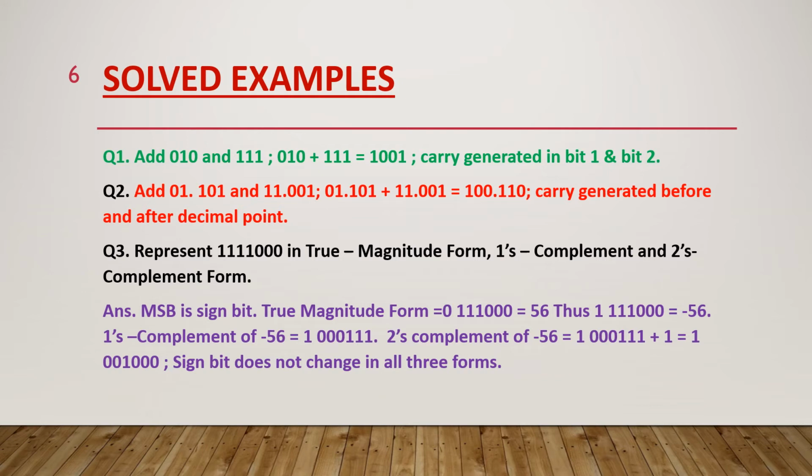The only thing is that here we are saying that carry is generated in bit 1 and bit 2. Why I am saying bit 1 and bit 2 and not bit 0 and bit 1 is so that you are not confused. Otherwise, strictly speaking, we talk from bit 0, that is the first one, and then bit 2, which is bit 1 basically, that is the second one. But for our ease and understanding, we'll say the carry is generated in bit 1 and bit 2. Okay.